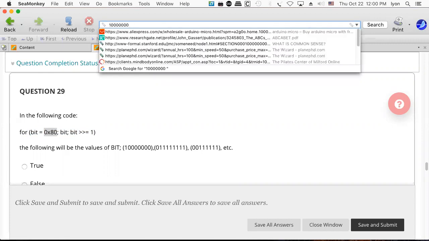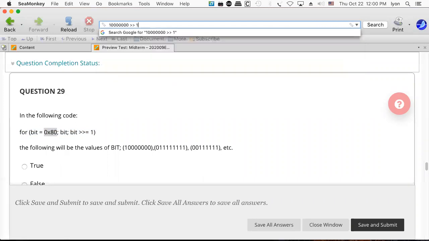Right? Now, if you shift it by 1 bit, the output will be 0, 1, followed by 6 zeros. 1, 2, 3, 4, 5, 6. And then if you shift that by 1, the output will be 2 zeros, followed by a 1, followed by 5 zeros. 1, 2, 3, 4, 5. Right? In other words, that's going to keep doing that until eventually,